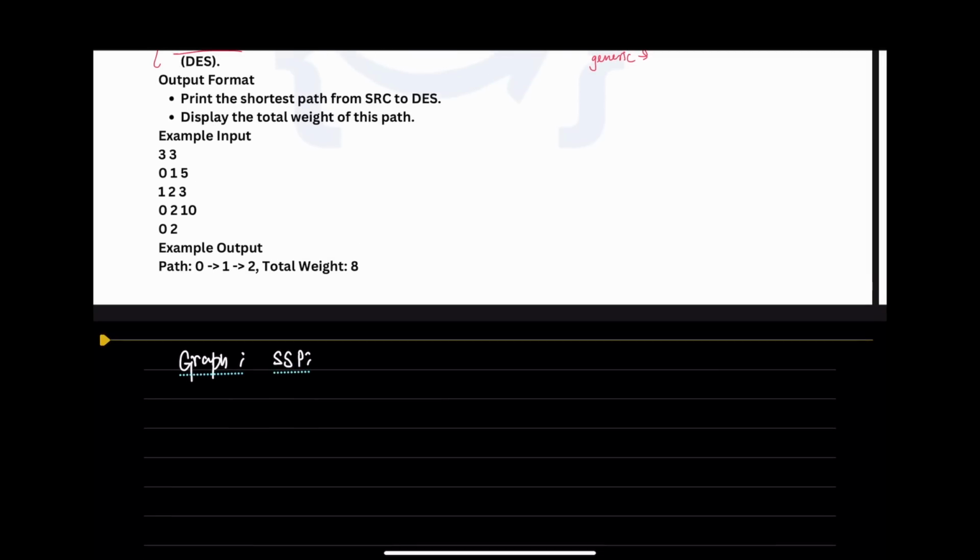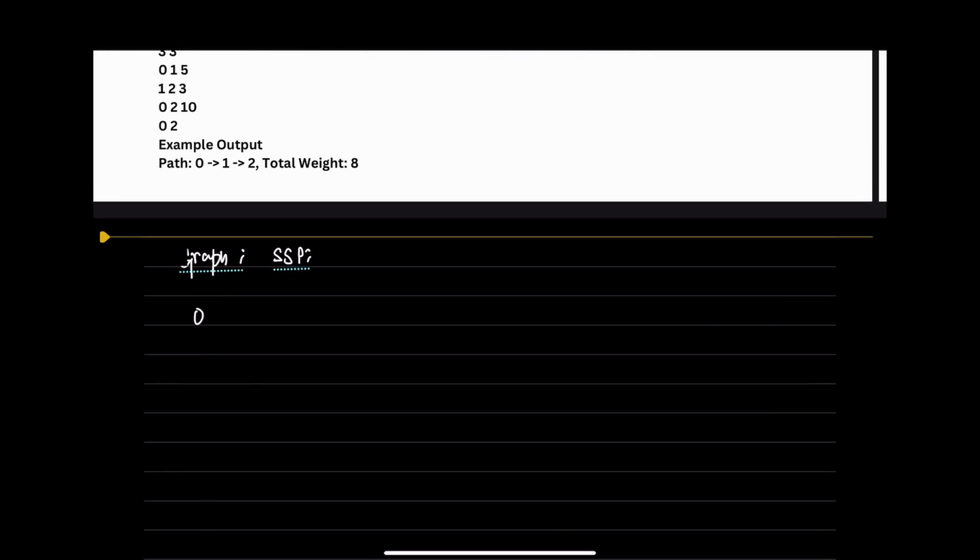I cleared the screen and let's create the graph. Why am I creating the graph straightforward? Because the question told us to find a shortest path, isn't it? For that, we need a graph so that we can analyze what type of approach to take. So I have the 3 by 3 input, and the question states 0, 1, 5, which means 0 and 1 are the two vertices and the weight of that edge is 5. Let me create two vertices, say 0 and 1, so the weight between them is